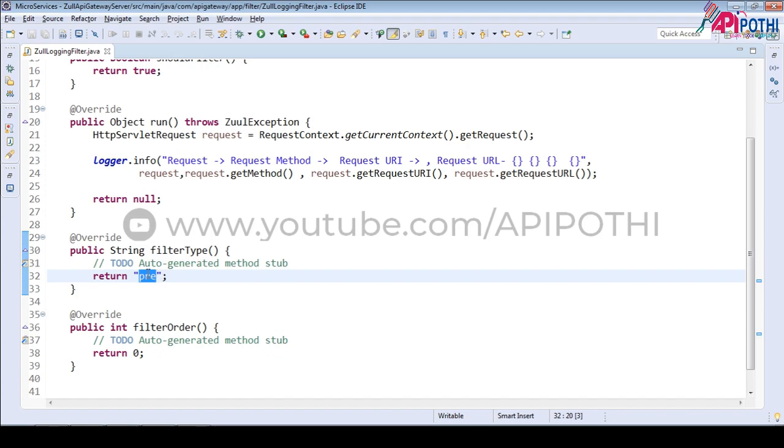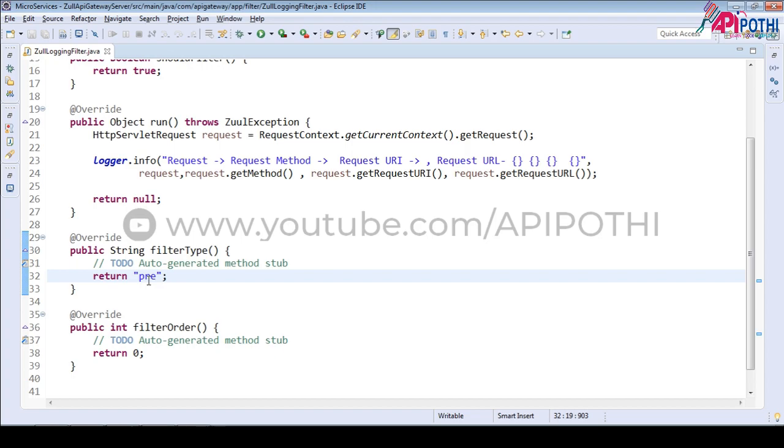Third applicable argument is post. Post filters typically manipulate the response. The last two arguments were only talking about the request. Pre is setting the information, route is routing the request.